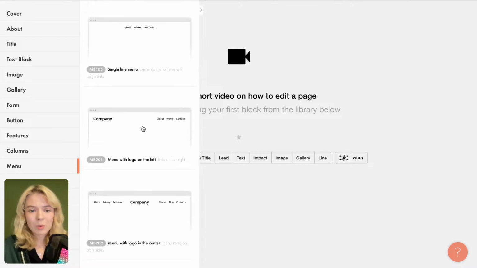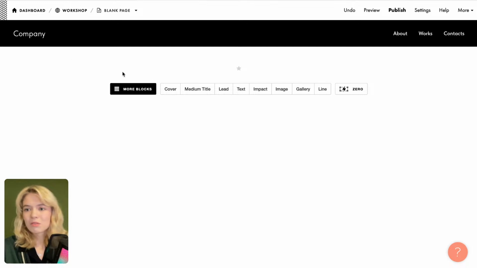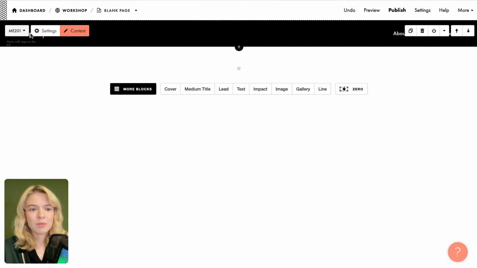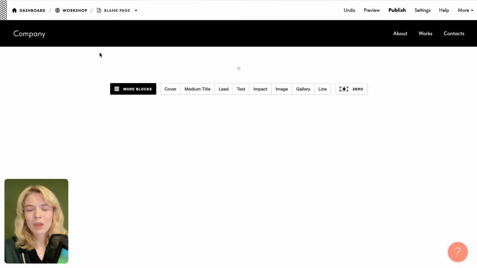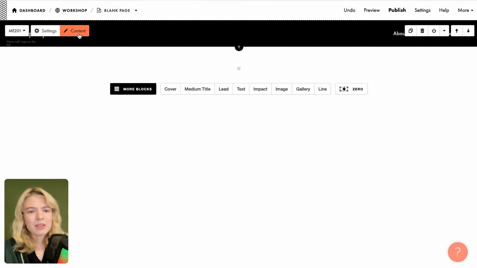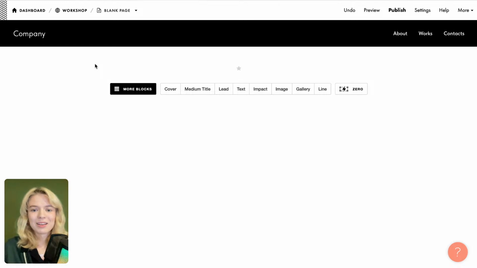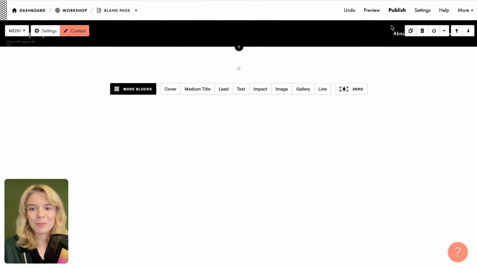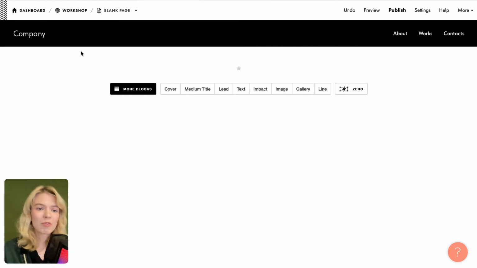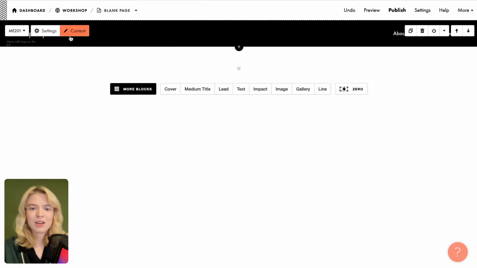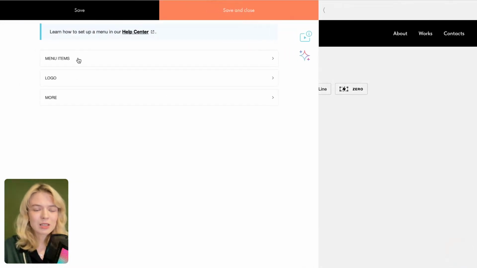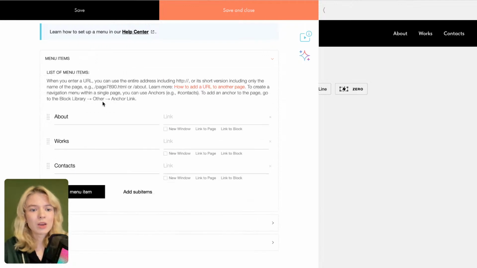Okay, so I will pick this one. It's just a simple menu. And what I like about this is that once you have a menu, you don't have a blank page anymore. You already started and you need to fill out the menu items. And when you fill them out, you already have kind of an understanding in your head what your website will be about. So I will go to content and I will quickly go and